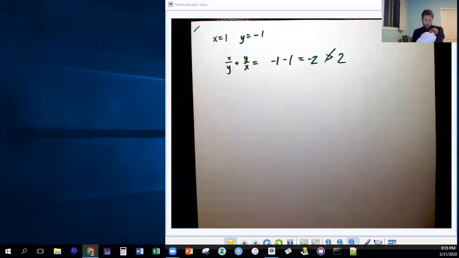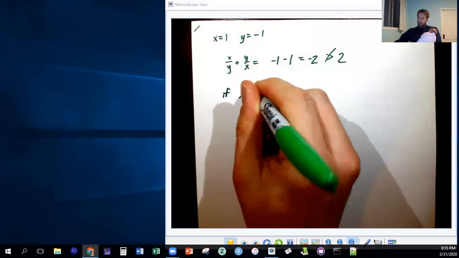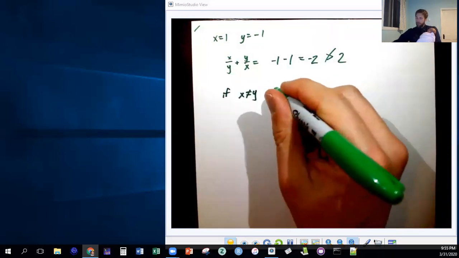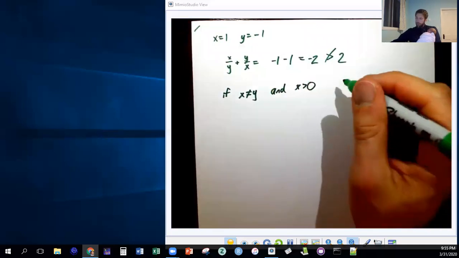So let's look at number 2. Instead of the original statement, we'll work with a related statement that is obtained by adding conditions to the hypothesis. What assumptions need to be made for the proof by contradiction for the statement? To do this, we need to negate the entire statement, including the quantifier. So I'm going to write down the whole statement. If x is not equal to y, and x greater than 0 and y greater than 0,